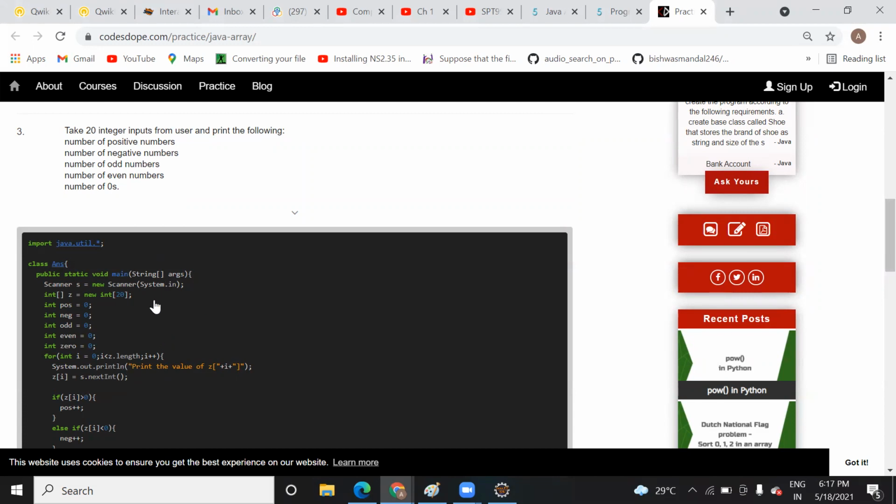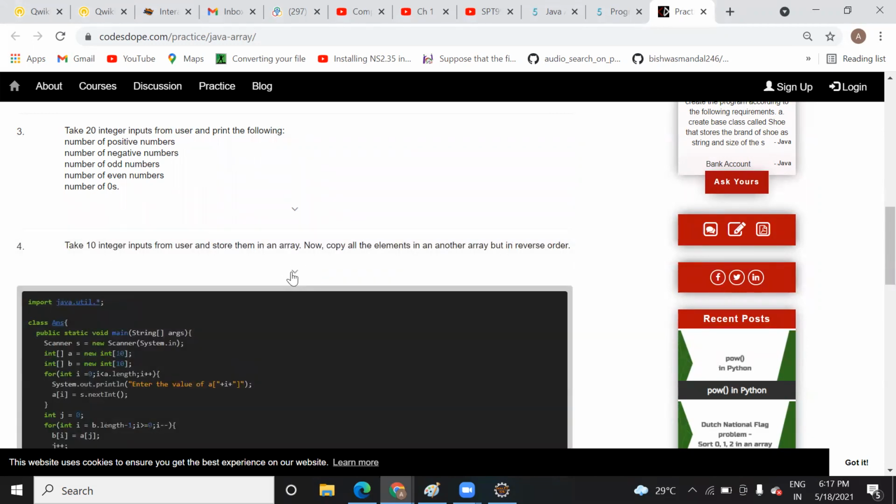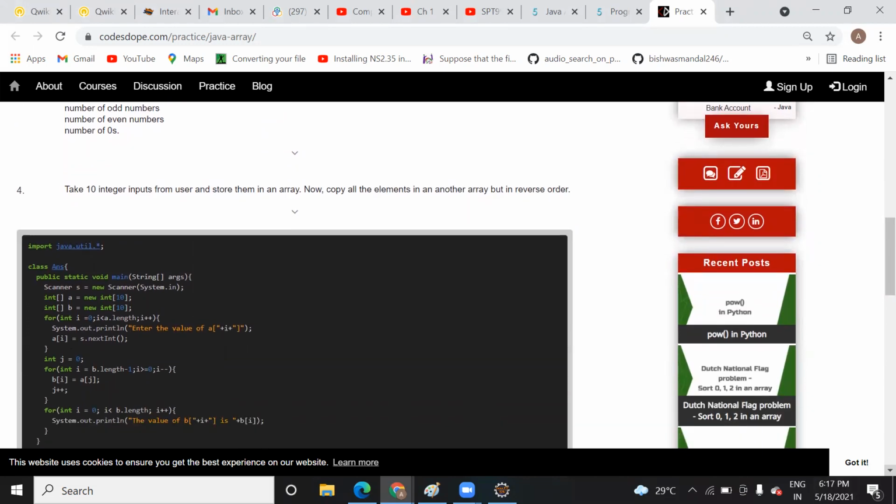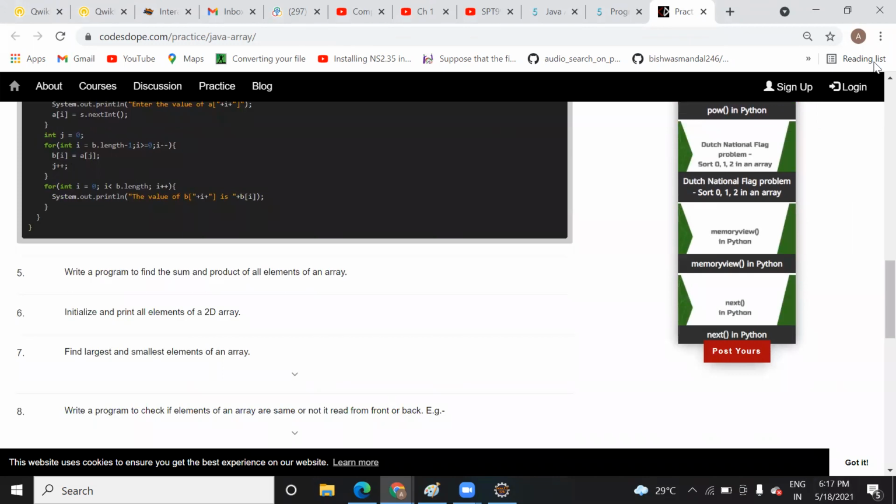So that, suppose out of 20 you have initialized only 16, then z.length will automatically find the length with the help of the length function. It will find out the length here, accept it, and run it, right?